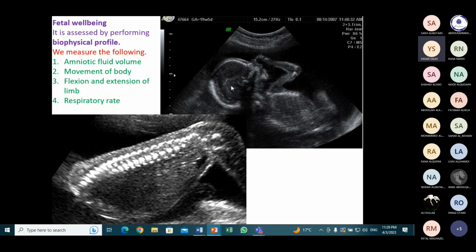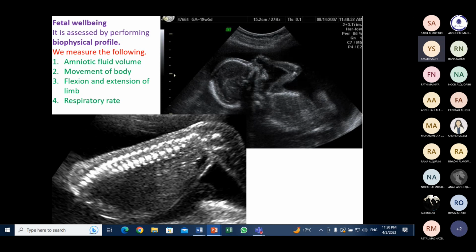an hour. And also you can look and see the movement of the body, for example movement of the upper and lower limbs, and you can assess the flexion and extension of the limbs in a specific time, and you can assess the respiratory rate. Each one has a point, and then we sum these points to say whether this pregnancy, this fetus, is not in distress, according to